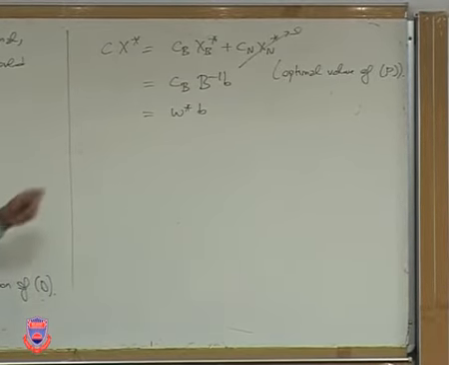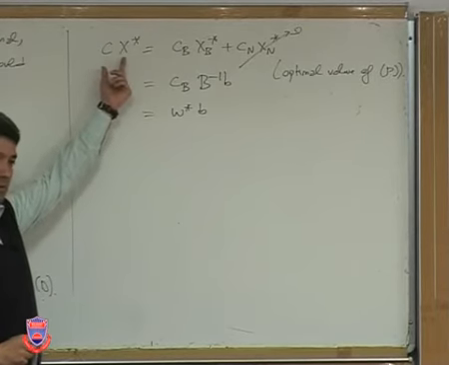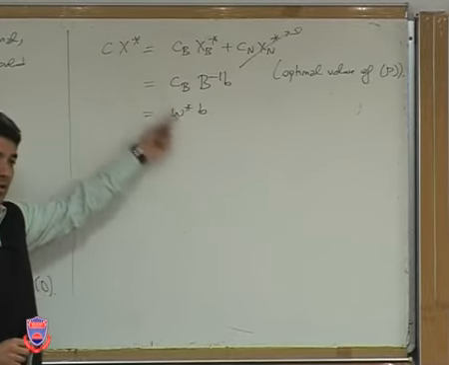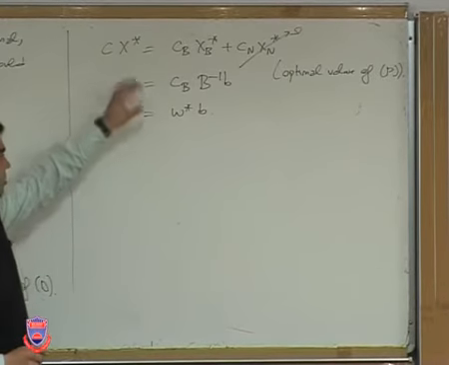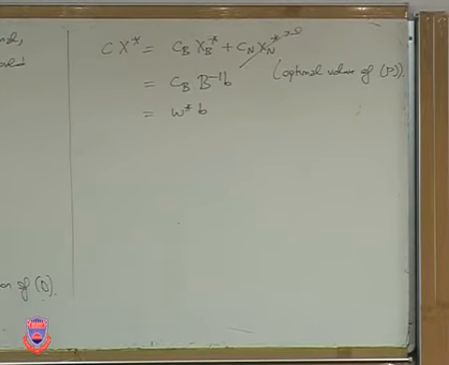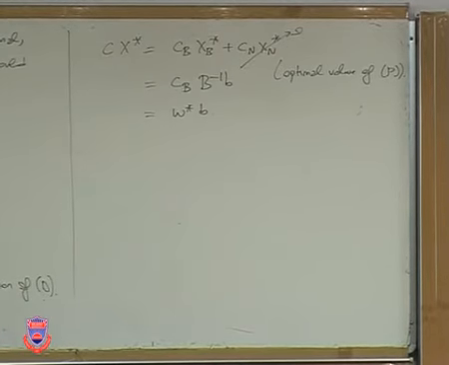Well, so X star is a feasible solution for the primal problem. W star is a feasible solution for the dual problem. And the objective function values are the same. Okay? So the primal objective function value is the same as the dual objective function value. Which means that we have a pair of solutions for which the objective function values are the same.